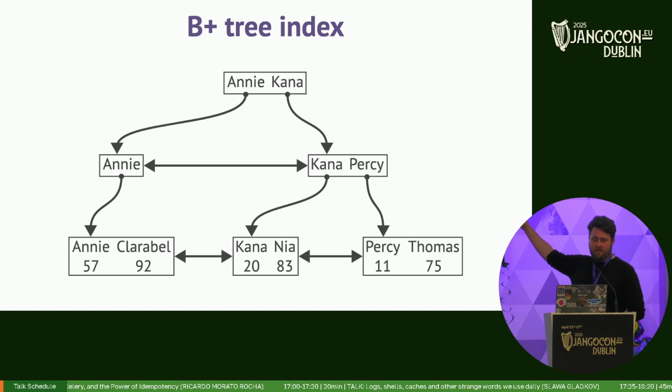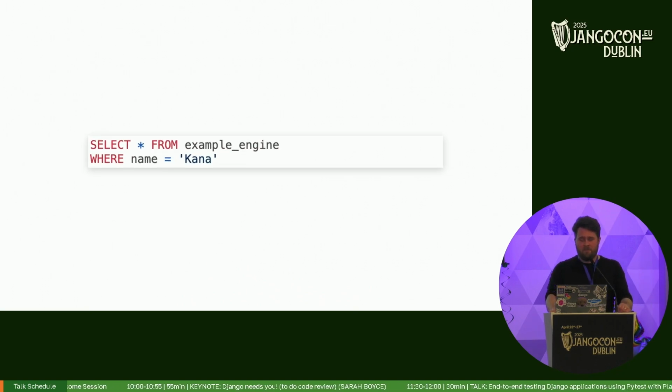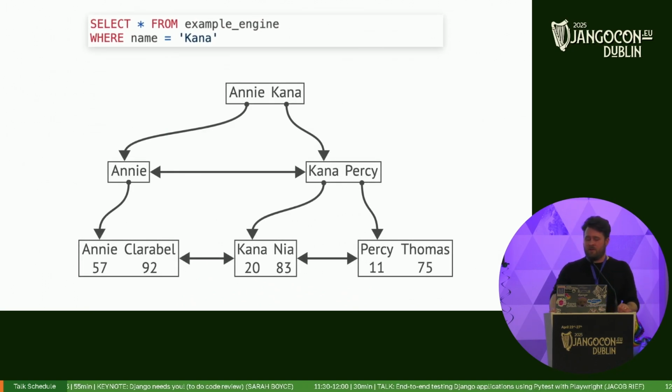The values in each of the non-leaf nodes, the nodes above the bottom layer, are kind of a greater than or equal constraint. So we're saying everything with a value of Annie or greater, you can find here. Everything with a value of Kana or greater, you can find here. So the algorithm that we use is actually a sequential scan on each of these layers, which we can demonstrate now. So say we go back to that SQL. We go to our table. We could start at the top of the tree, and we scan along. The database will find Kana as the first value that matches the constraint. So it's the lowest value that